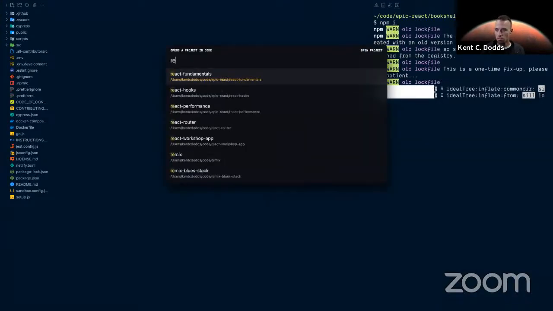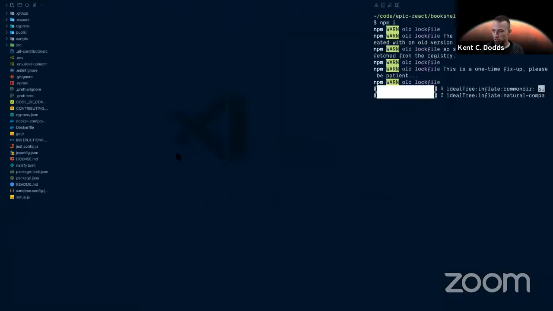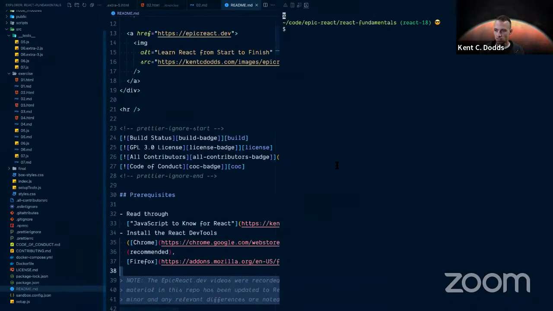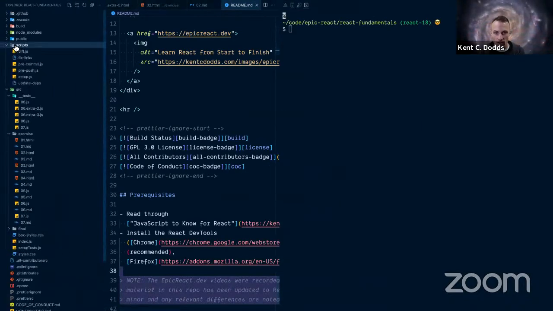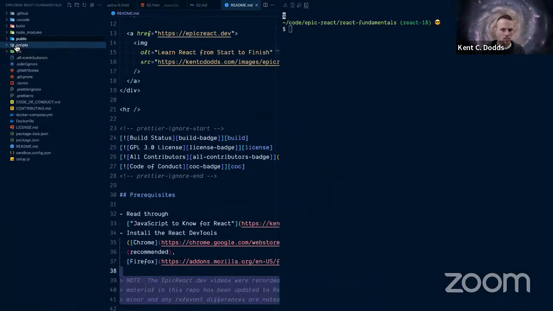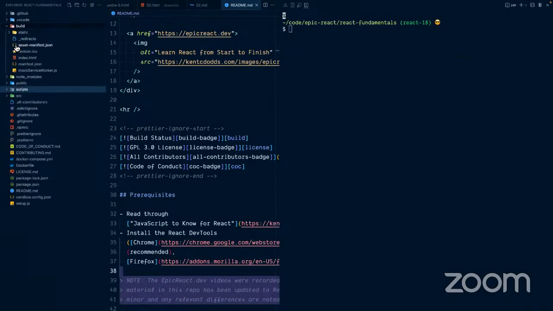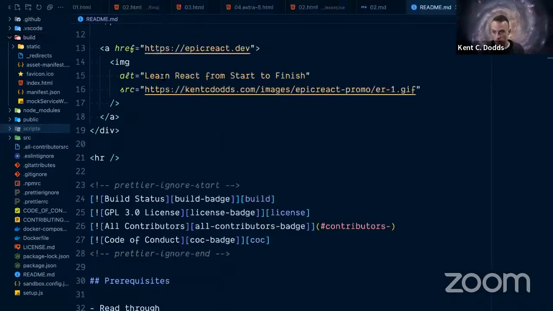Actually, you know what? We can do this with React Fundamentals. Never mind, cancel that, because I already built React Fundamentals. So what you're left with, are you using Create React App? Yes. Okay, cool. So when you build a Create React App,